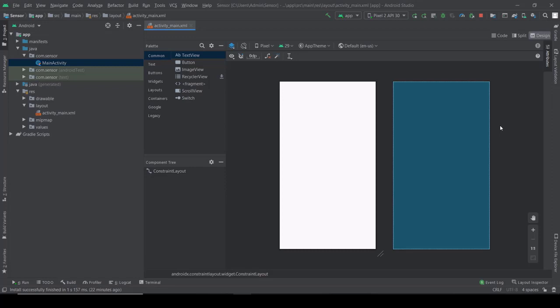From this concept, we are going to get information about our mobile sensors. Let me show you, guys, how to get sensor information from our mobile through an example. Go to your project and, in your developing window, I'm going to display all my sensors or a particular sensor through a list view.